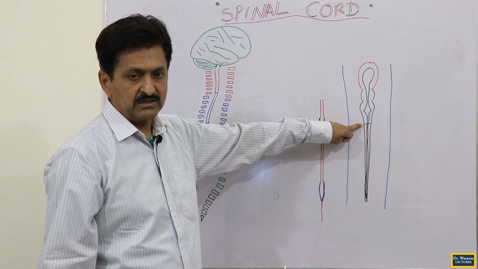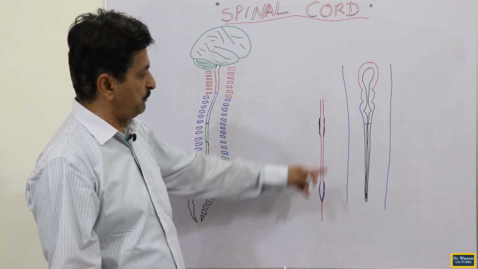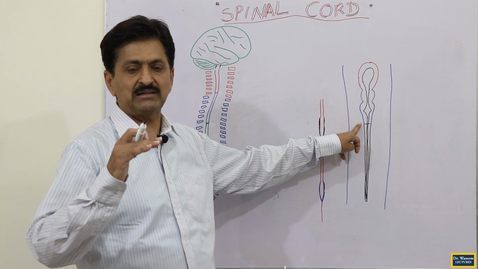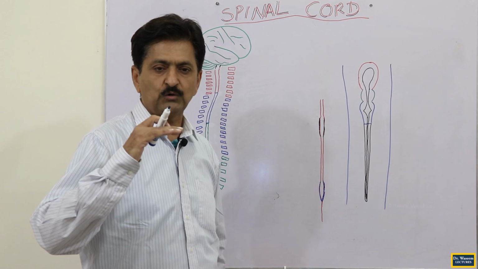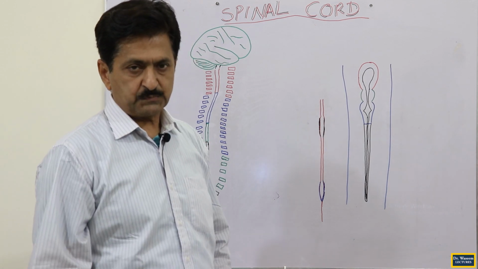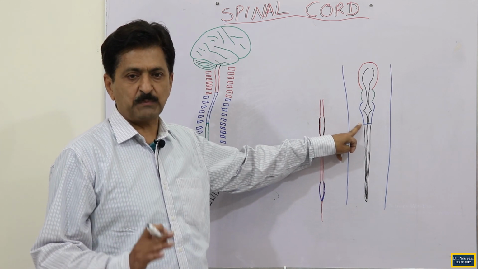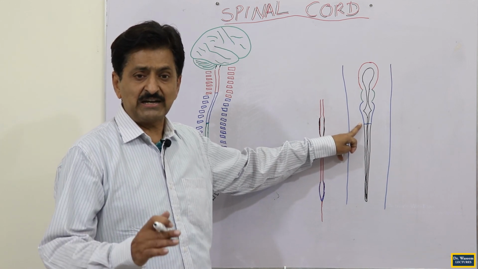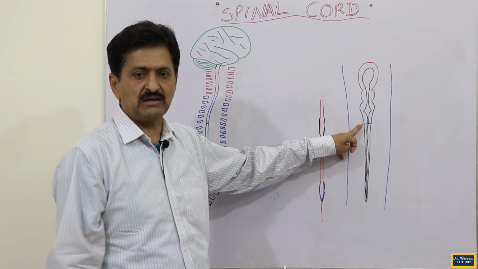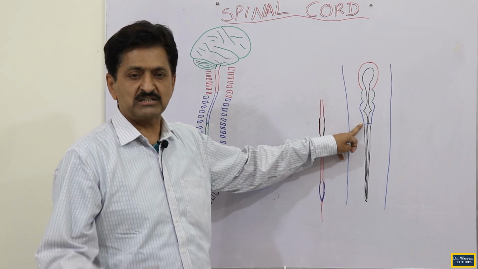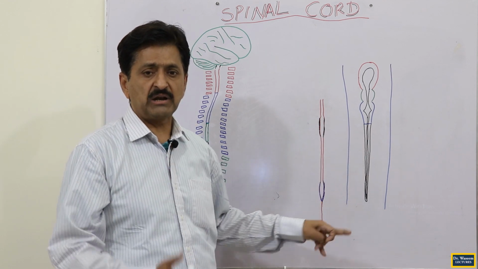Spinal cord starts at the spinomedullary junction, and the spinomedullary junction incidentally happens at the upper border of the C1 vertebra, or you can say at the base of the skull, or at the lower border of the foramen magnum. The spinal cord begins at the spinomedullary junction, at the site where the first cervical nerve emerges, and it will travel through the vertebral canal.